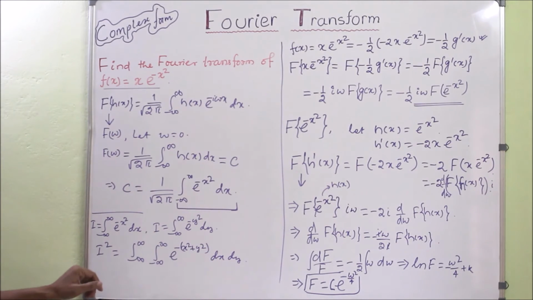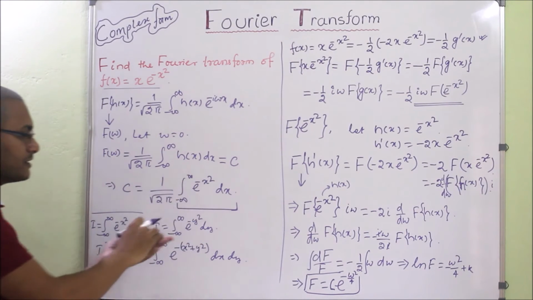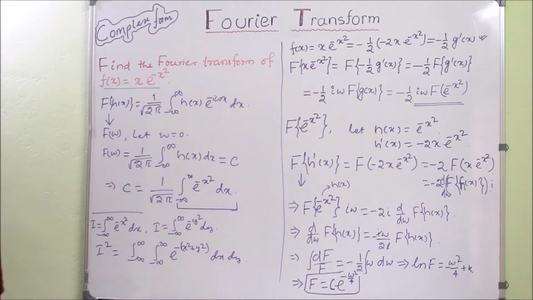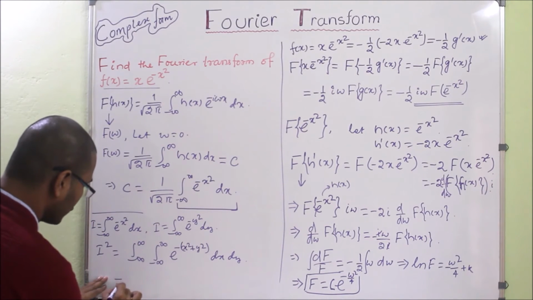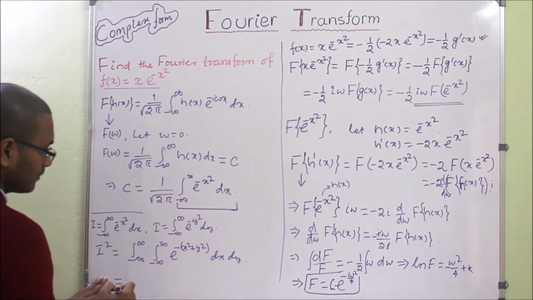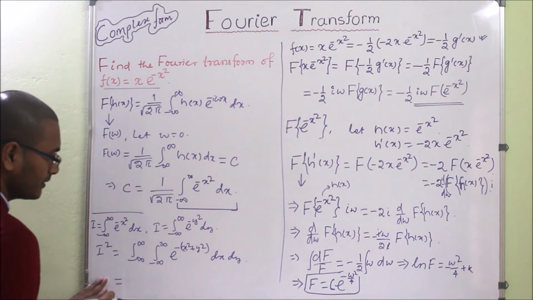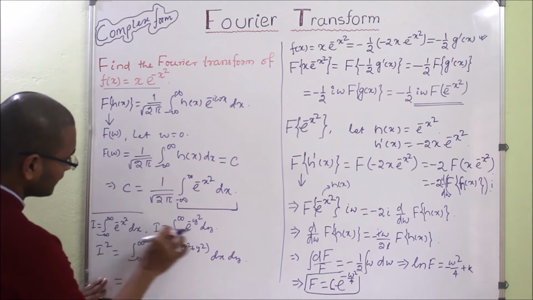So how to solve? Because we have to solve this one. So we can solve this by using polar form. So you can refer to what the polar form is. So if we do the polar form, then how to get that we have to see. Again, if you see, both the functions are even functions.